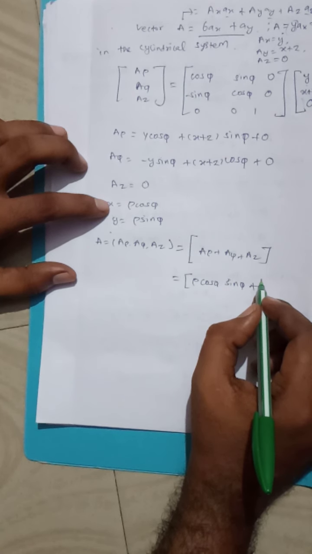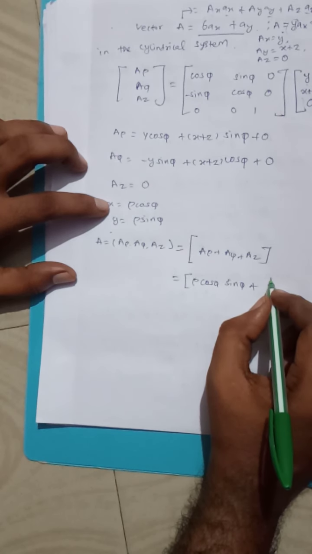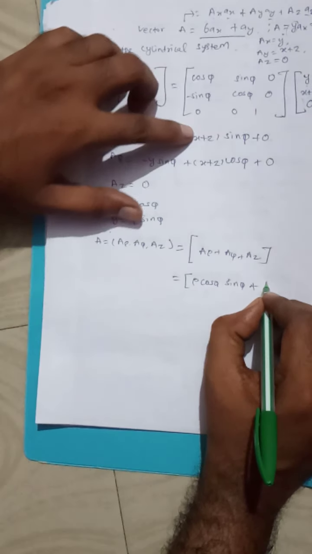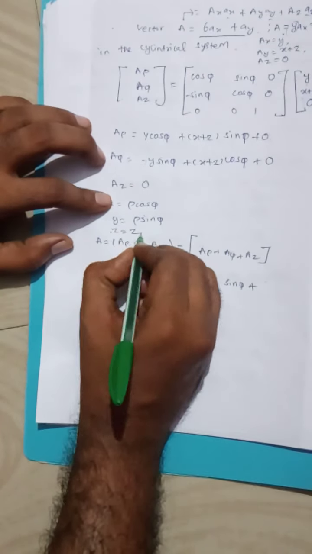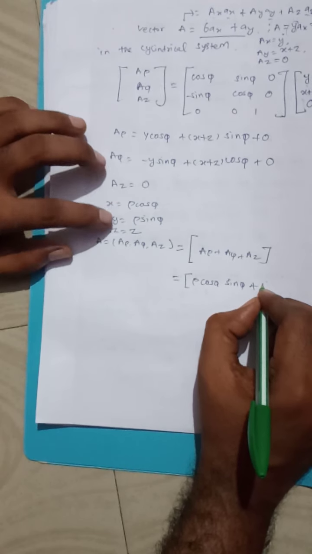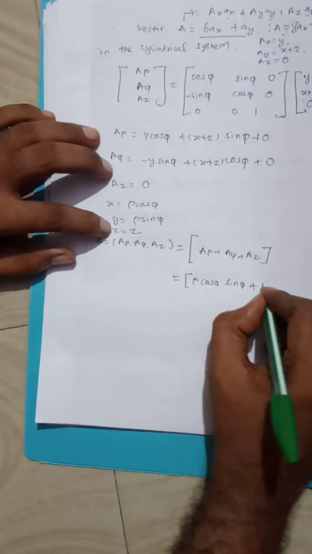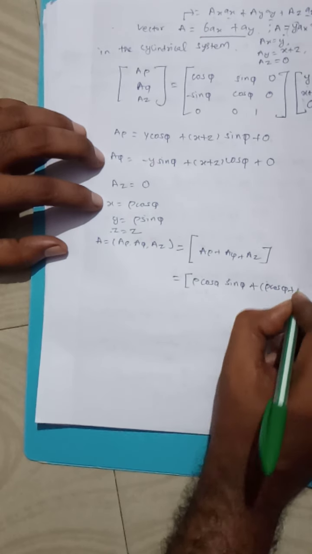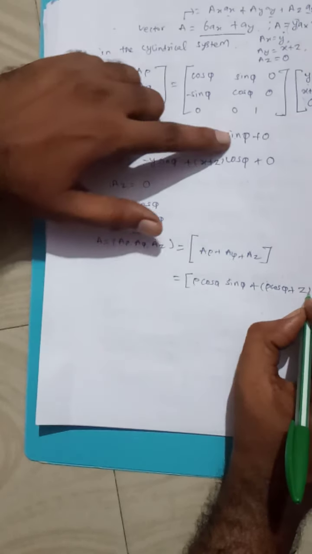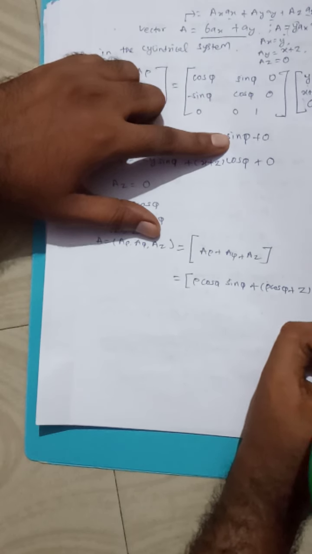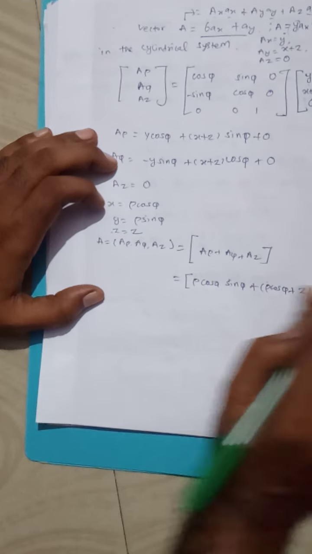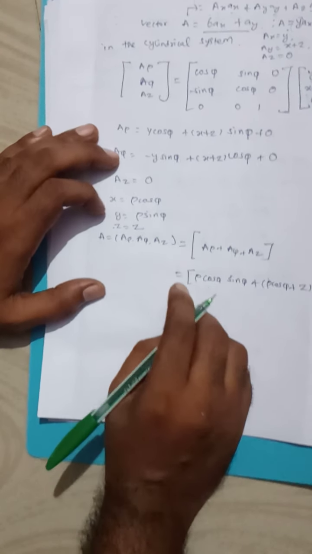Okay, let me take the value. So z value is there, right? So we cannot simply omit it because in the point they gave, at the point you need to find, so x plus z we need to take. So z is same as z. Sorry, I wrongly told it previously. So z is same as z. So x value is given by rho cos phi, and z should be taken as it is, multiplied by sin phi. This is for a rho component, okay, whatever you got, this is for the component in the direction a rho.